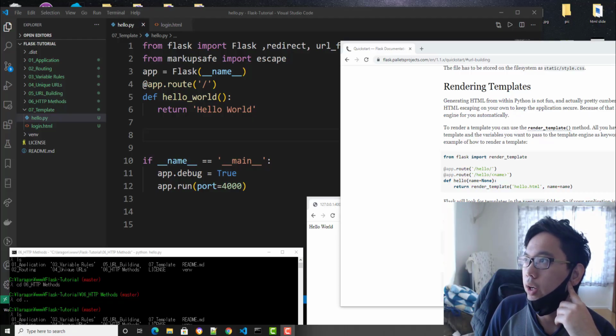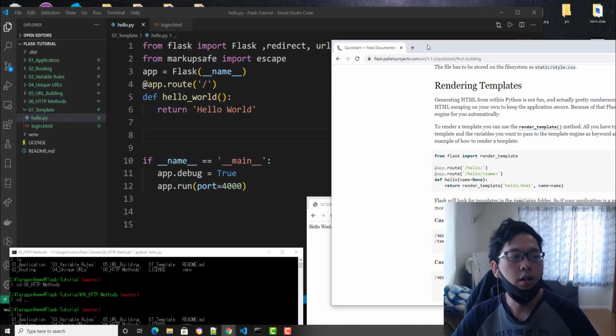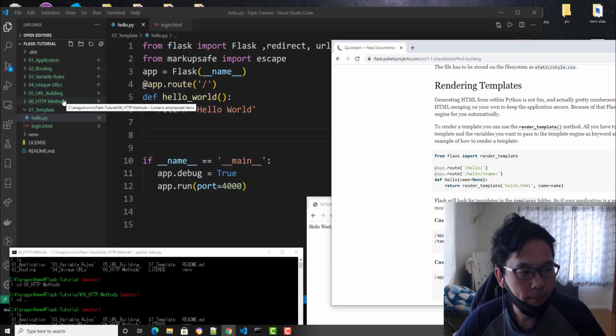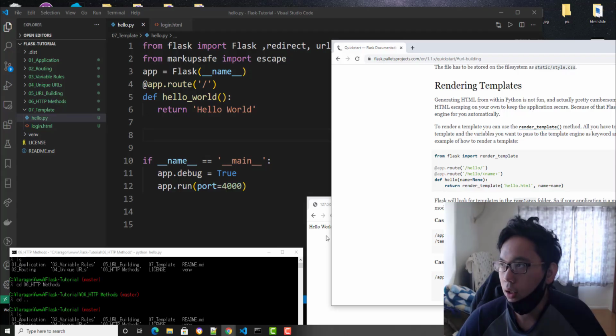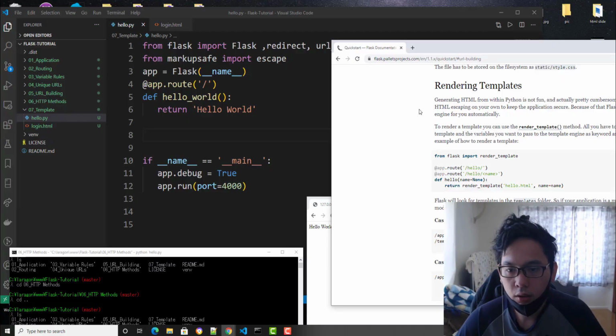Okay, so in this part we're gonna learn about rendering templates in Flask. So on the last tutorial on HTTP method, I did not render the index, the HTML part. We just accessed it on the local URL and we directed it to our Flask application. So we don't want that to happen. We want to render it on our file on here. So on this one we're gonna render template.